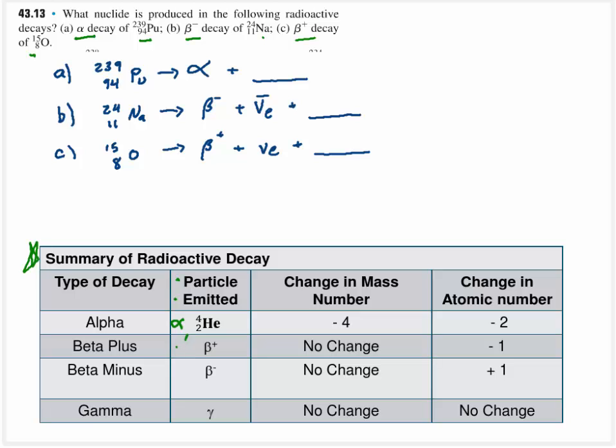A beta plus particle is sometimes written as this. It's going to be an electron with no mass and a positive charge. And a beta minus particle is just going to be an electron, so it's again going to have no mass and it's going to have a minus 1 charge. So you will see both notations. And I've gone ahead and shorthanded this with my alpha, beta minus, and beta plus decays. And I did include my antineutrino and neutrino just to be 100% correct. We're looking for the daughter nucleus,